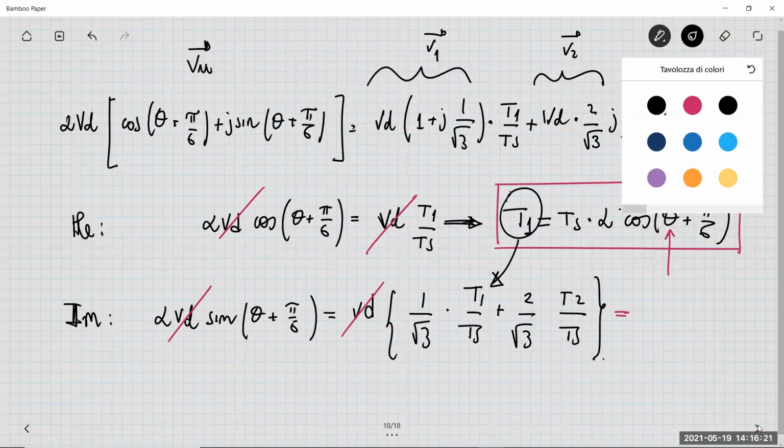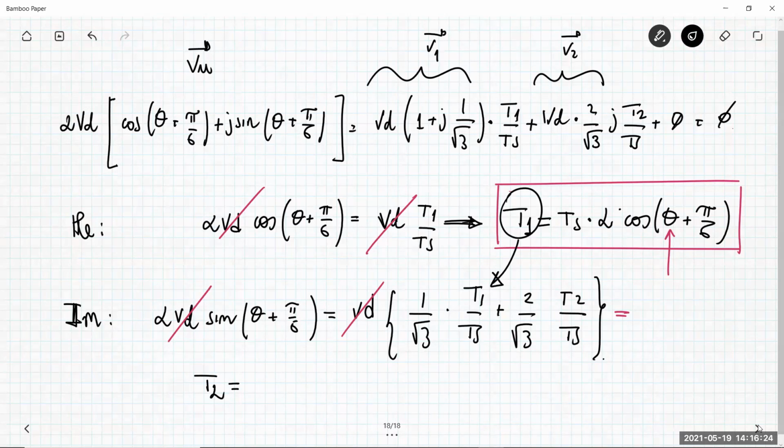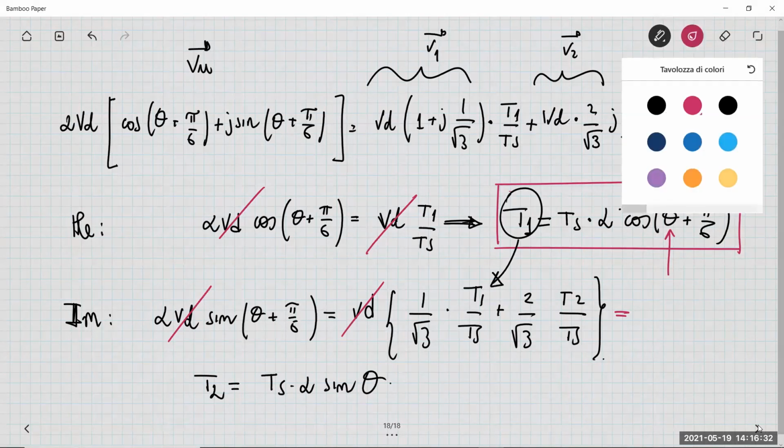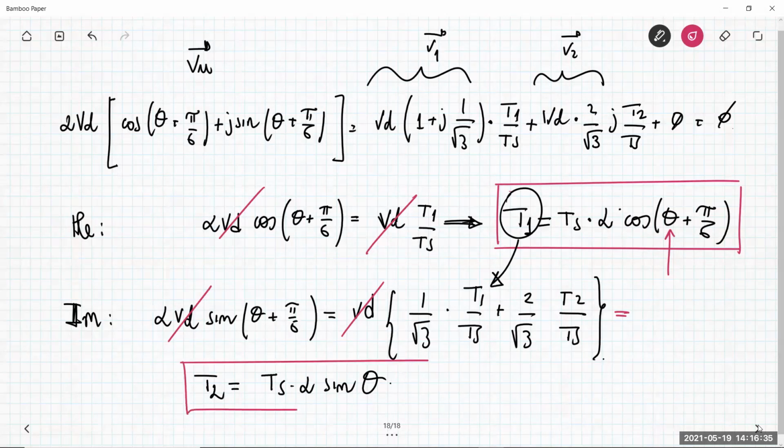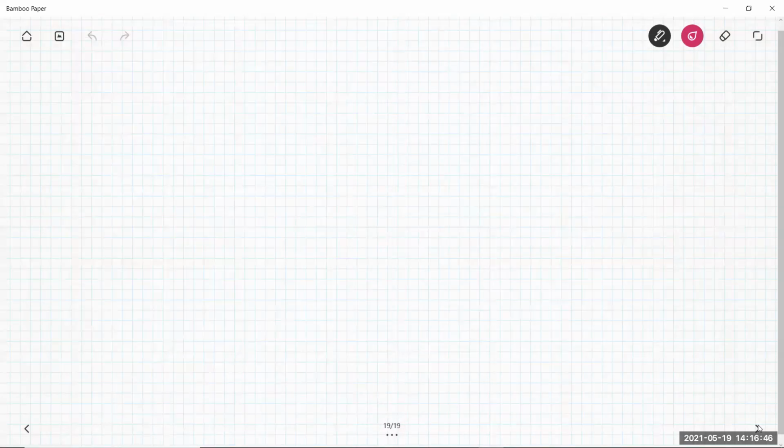But anyway, I want to give you just the results, because T2 is given by Ts multiplied by alpha sine of angle theta. So this is T1, this is T2. Which way do I have to choose T0 and T7? We have to use both V0 and V7,